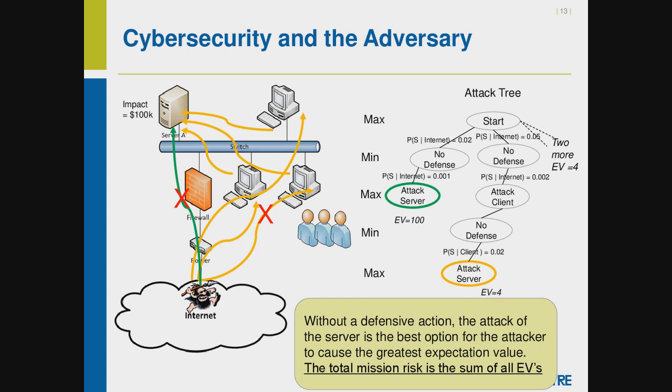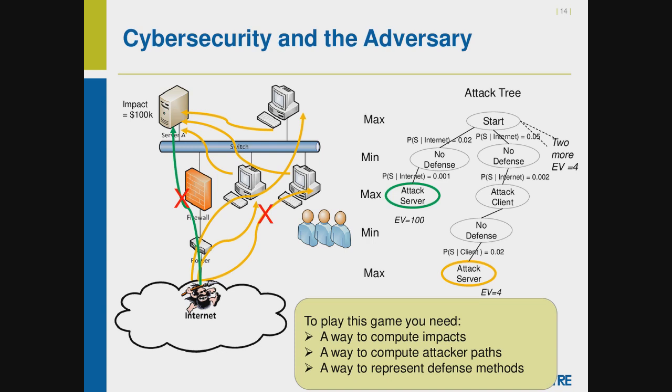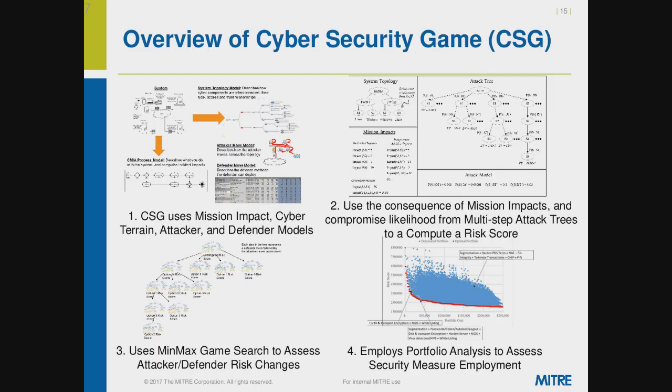So without a defensive action, there's sort of an obvious path to the defender. As the defender starts to do things, the attacker will start to look at the alternate pathways. And the total risk here, a simple way to do this is you sum up all those expected values, or you could take the worst case if you want to be pessimistic. And to be able to play this as a game, you need a way to compute impacts, you need to be able to compute attacker pathways, and you need to be able to represent all your defense methods,